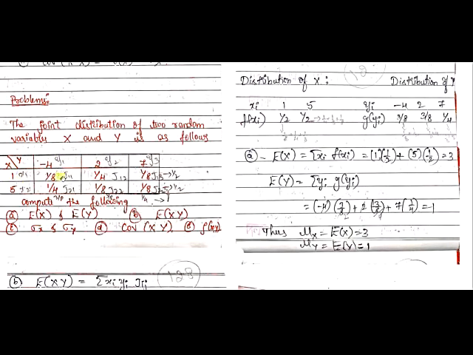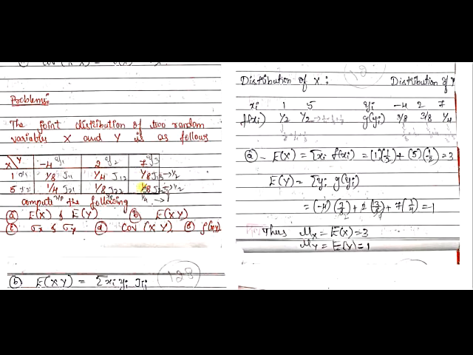Okay, when you observe the table clearly, see 1 by 8, it is nothing but j11, isn't it? It is a Cartesian product of x and y, that is x1 y1 is j11, x1 y2 is j12, x1 y3 is j13. These things I have already explained in the earlier video. Now anyway, these things are given in this table. Similarly, x2 y1 is j21, x2 y2 is j22, x2 y3 is j23.